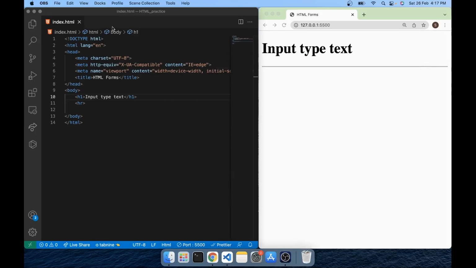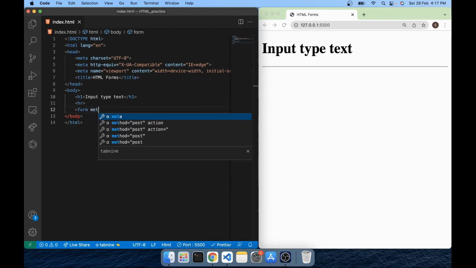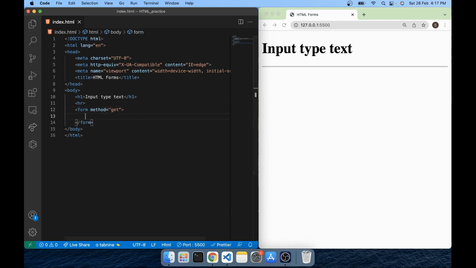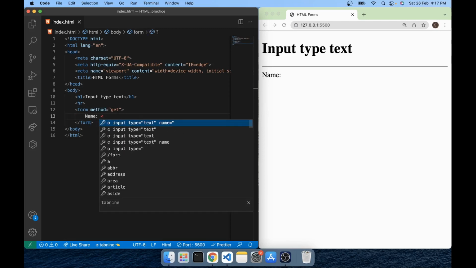Hi, in this video we will learn about input type equal to text. So first I am creating one form element, form and method equal to, let's say, get. Now I am creating one text like name, and